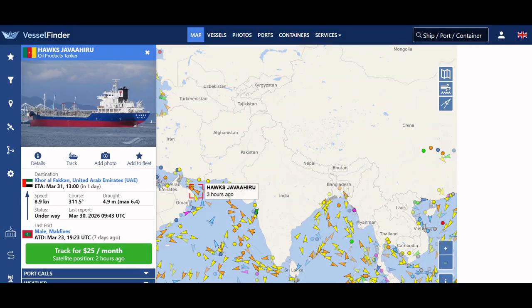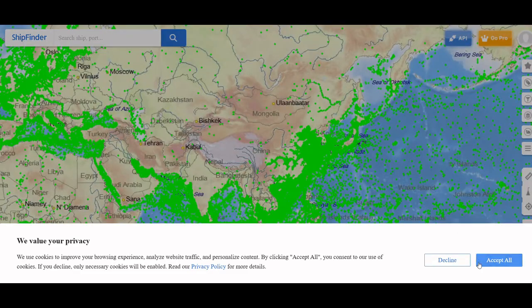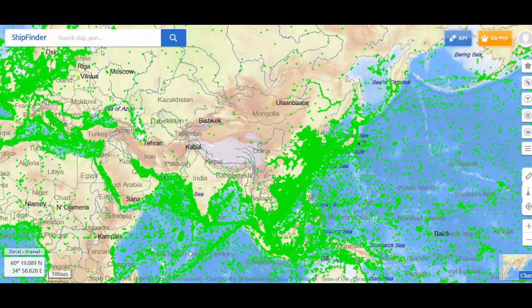Apart from VesselFinder, I can suggest another tool, which is ShipFinder. As you can see, in ShipFinder you should know the name of the ship or the cargo. Currently, I don't have a specific name of a cargo or a ship, but for instance, I can write something like the Garibaldi,